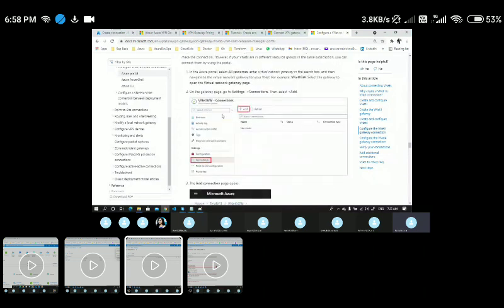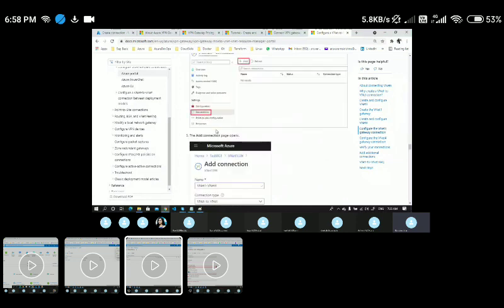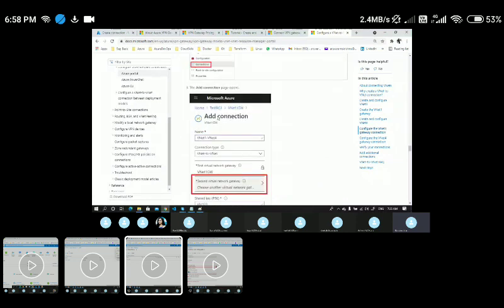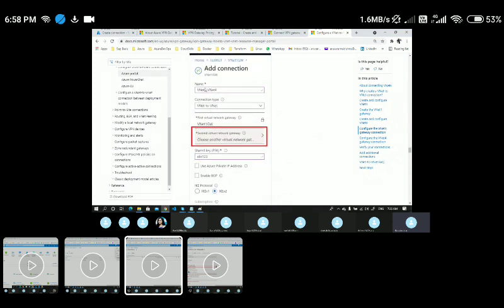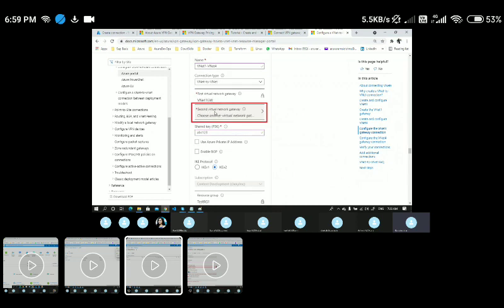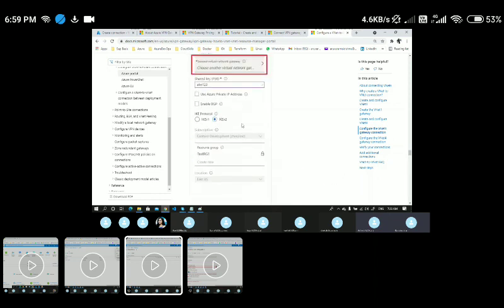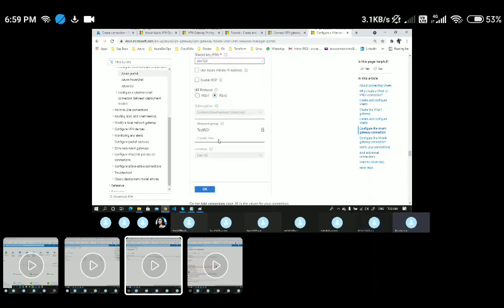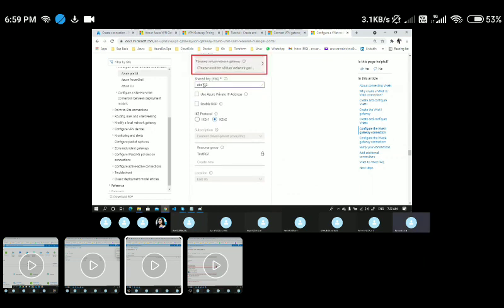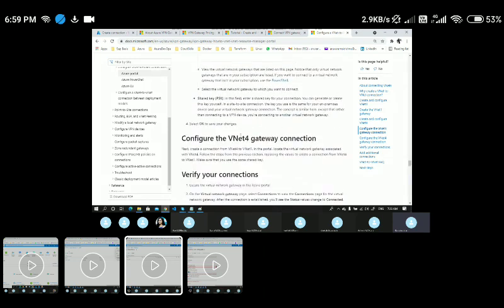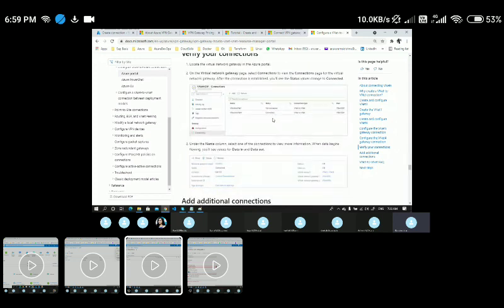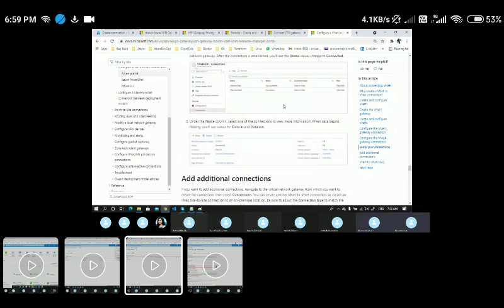This connection option will be available under this particular VPN gateway also, or else we can go with a separate connection type. Here we will be giving the connection type as VNet to VNet. Here you can see the connection type, and you can pass some name, and we can choose both the VPN gateways, first VNet gateway and second VNet gateway, and we can pass a shared key here. You can see ABC123 they have given. This key should be the same, and you can click OK. Once it is done, you will be able to establish a connection between these two. Here you can see this is the connection.